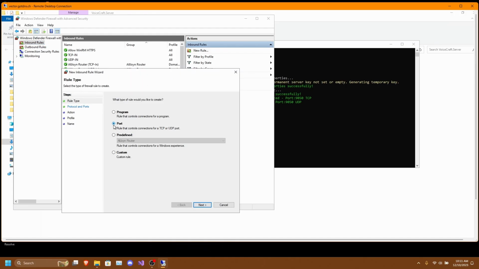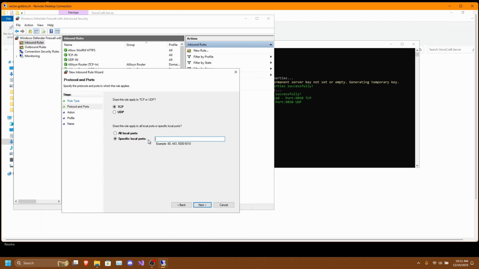And then what we need to do is click on Port and click on Next, then Specific Local Ports. Now, since we are doing the TCP first, it's 9050, so we'll just need to type in 9050.